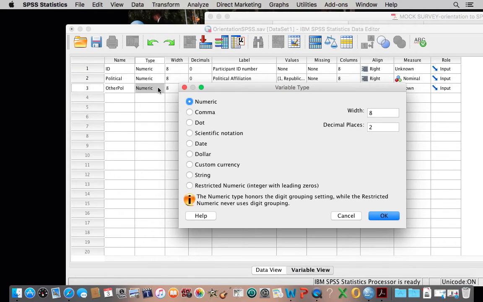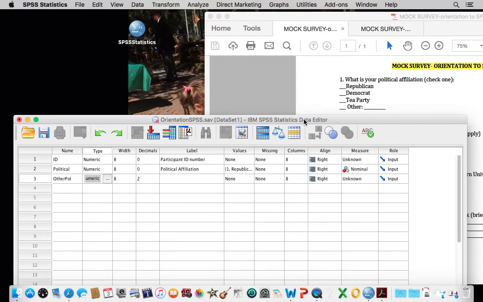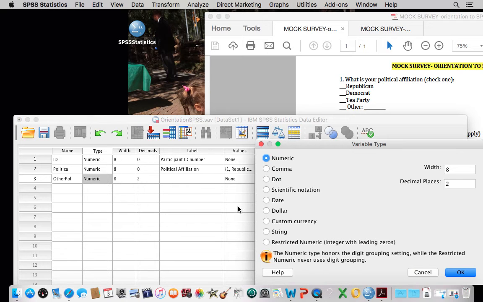Okay. And because they can write it in, if you look here, if somebody wrote in independent, those are letters that they write in or type in. That is not going to be numeric. Now it's going to be string. Again, any open-ended question in which a participant can write something or type something in with letters, you're going to